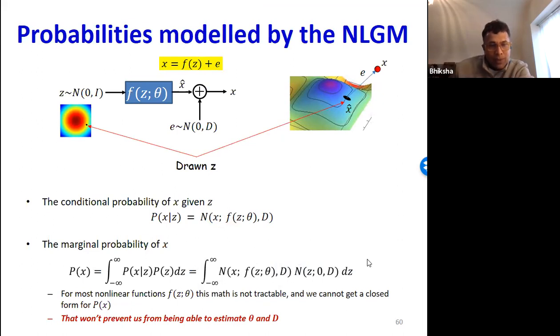So you have this way of modeling a distribution which can give you a very ugly probability distribution, but the actual model itself ends up being very simple because all you're doing is taking a Gaussian random variable and pushing it through a nonlinearity and adding some Gaussian noise. So although this guy itself may not be tractable, and may not even have a closed form, I can still learn the parameters of my generative model easily.